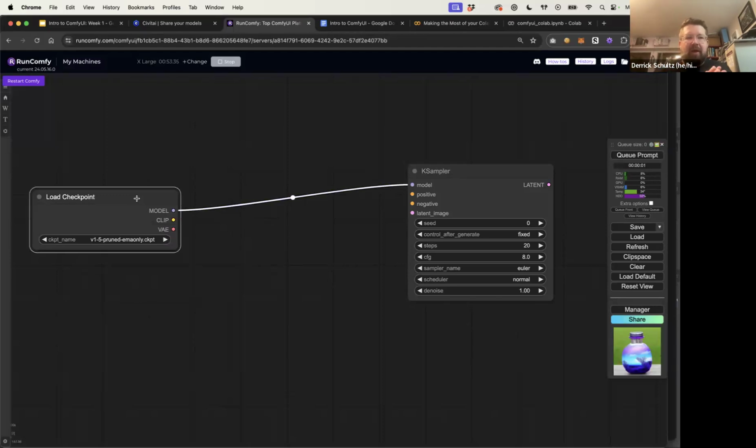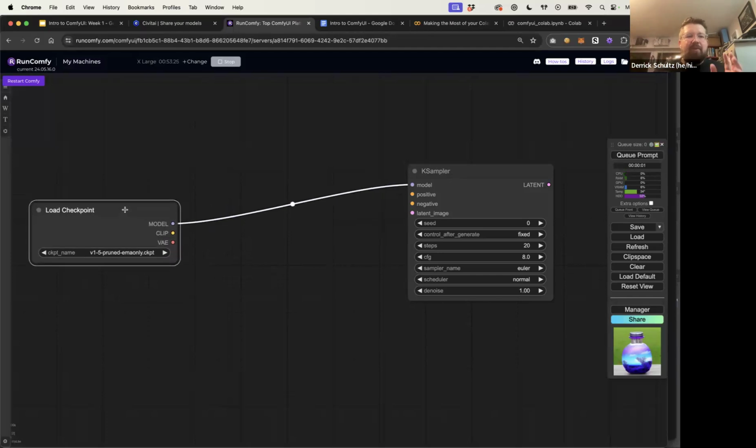So that is checkpoints. These are what I would describe as base models. I think checkpoints is kind of a tricky term because there are other models that use the checkpoint extension, so it gets confusing. This is basically what I would describe as your base image generation model. This is the model that allows you to generate any image using this tool.